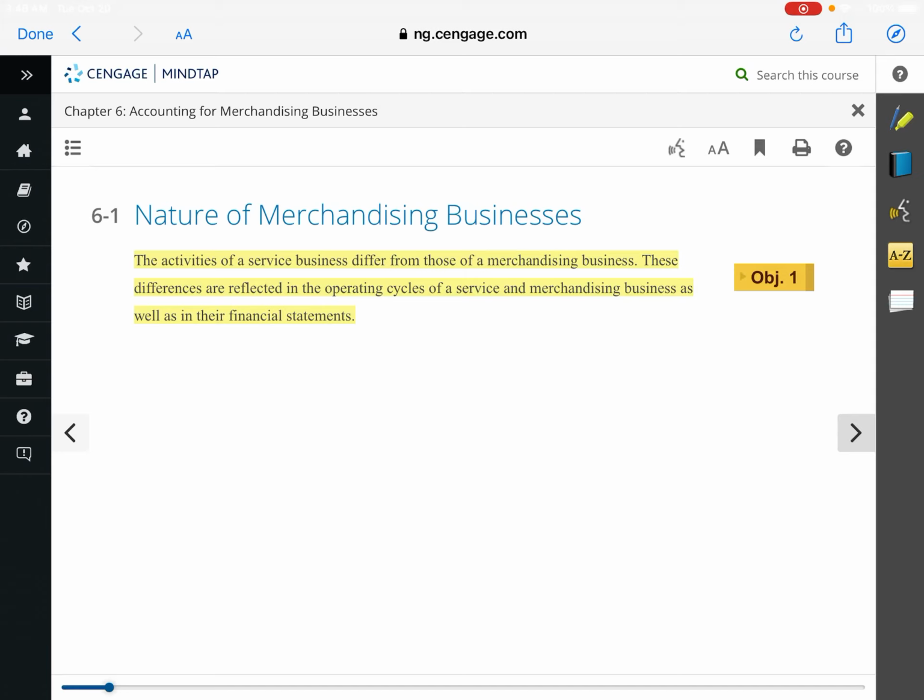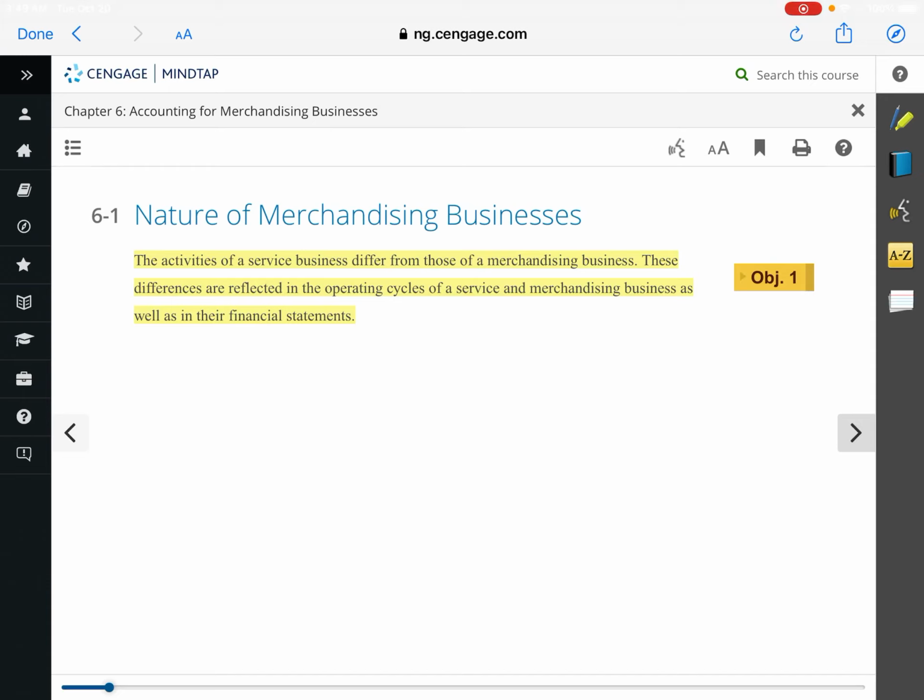So the sales process is still going to be the same. We're still going to need to get cash, or we're still going to allow them to purchase it on credit. But the end goal to make a profit is still the same. It's just the means of procuring those goods is different,